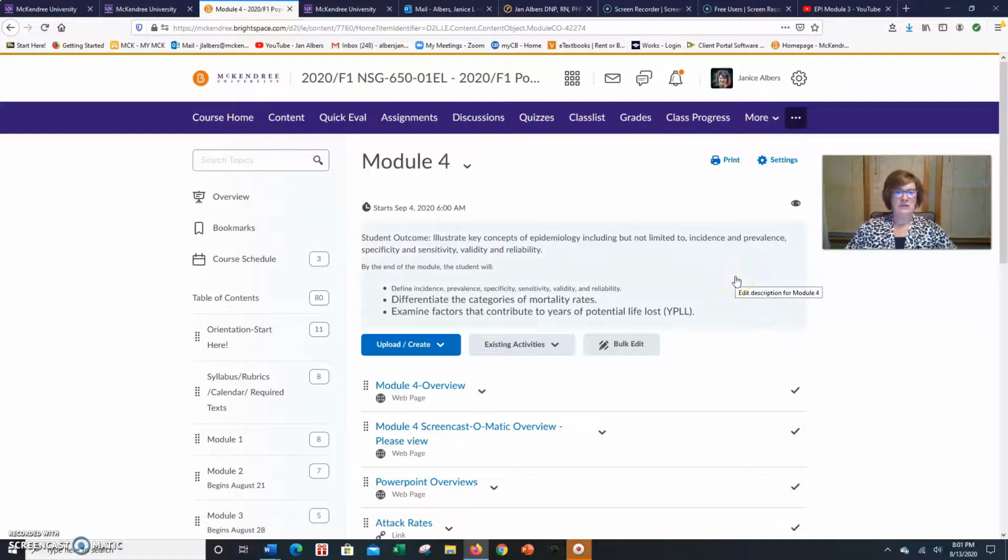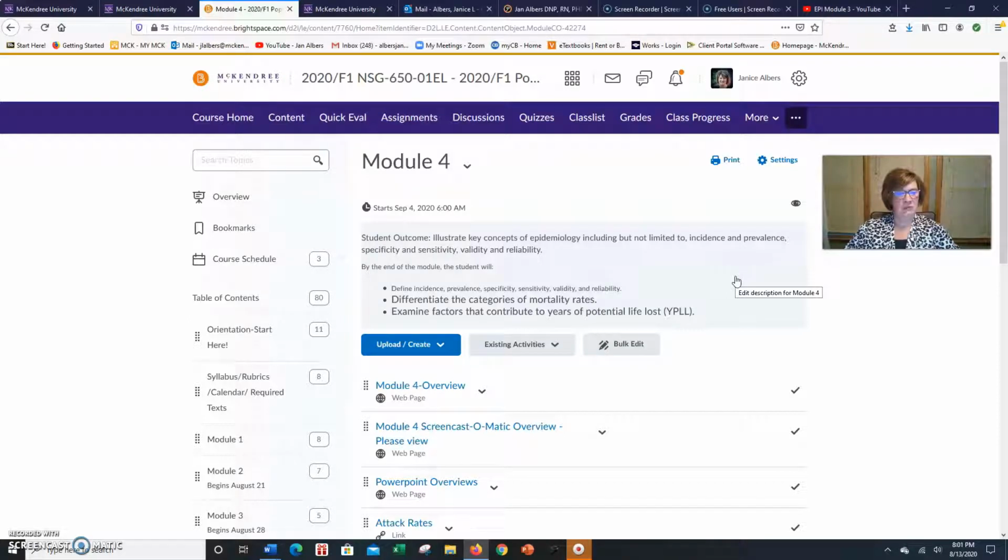The focus of module number 4 are those key terms used in epidemiology. So we are actually again going to be dividing and conquering and examining some of those key terms such as incidence, prevalence, specificity, sensitivity, validity, reliability, looking at years of potential life loss, mortality rates. All of those will be components within this module, and again, we're building on what you will be applying in